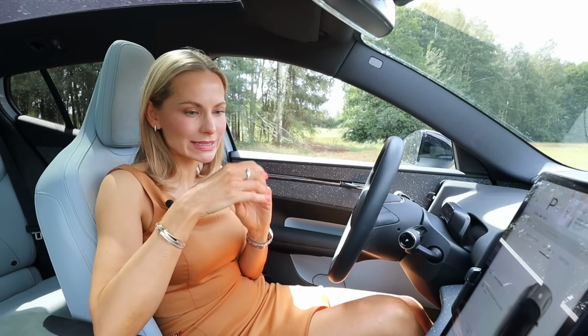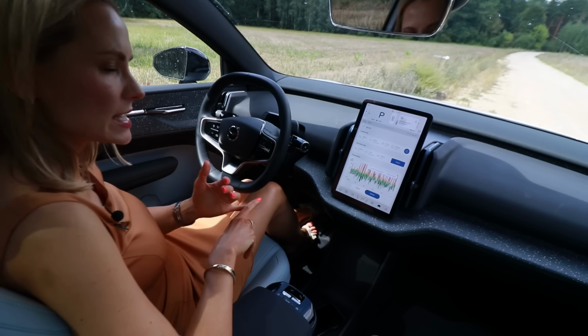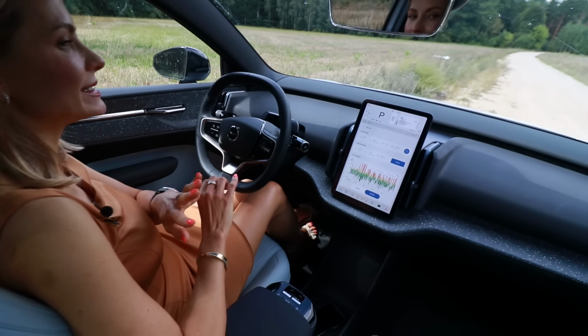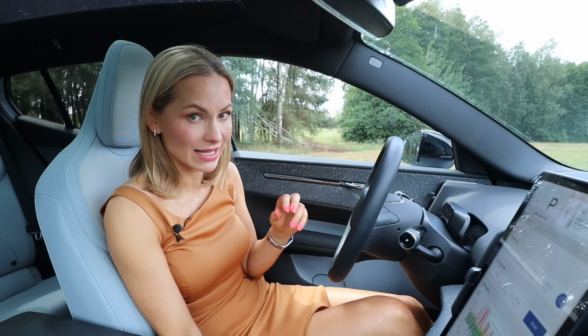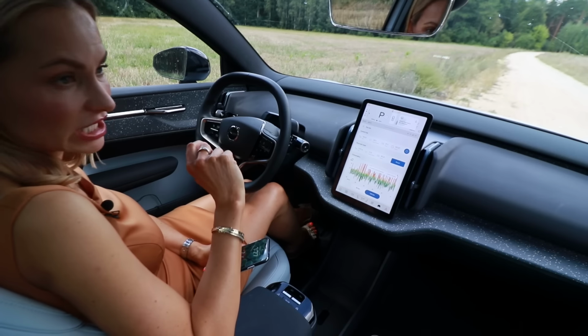Now that we are on numbers, let's check our real-world consumption. I did perform a reset so that all of the driving is mine. I've driven through a congested city, a lot of motorway, more than half local roads. I did not nanny the throttle pedal. In fact, I have performed launch control repeatedly. It is the middle of summer, which means the air conditioning is blasting hard, and I'm averaging 17.5 kilowatt hours per